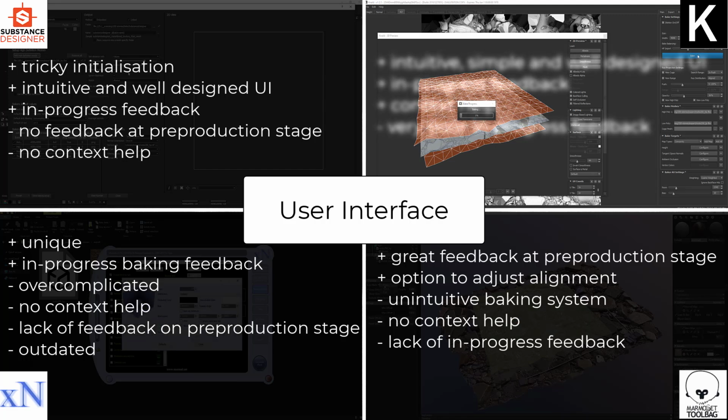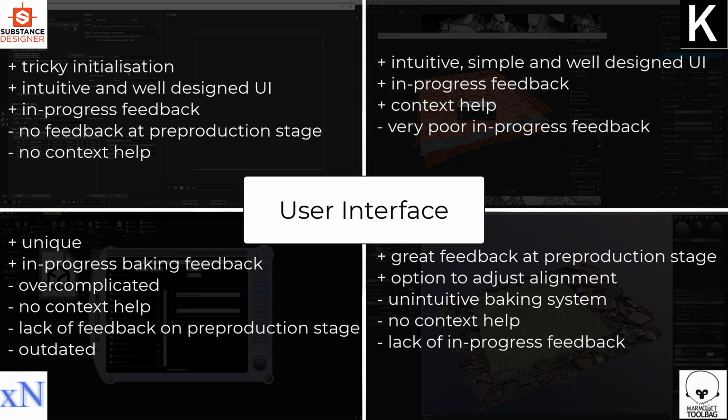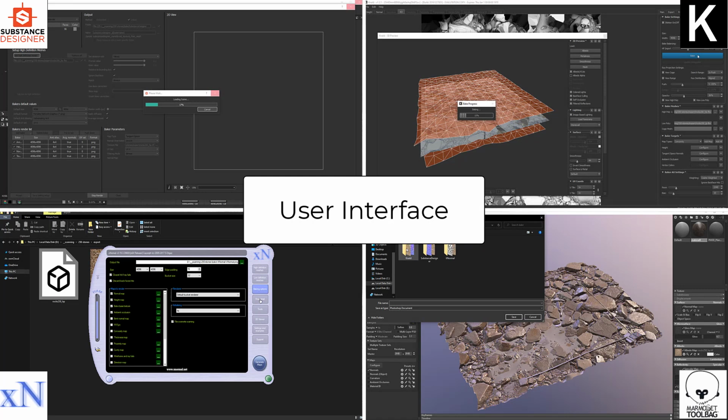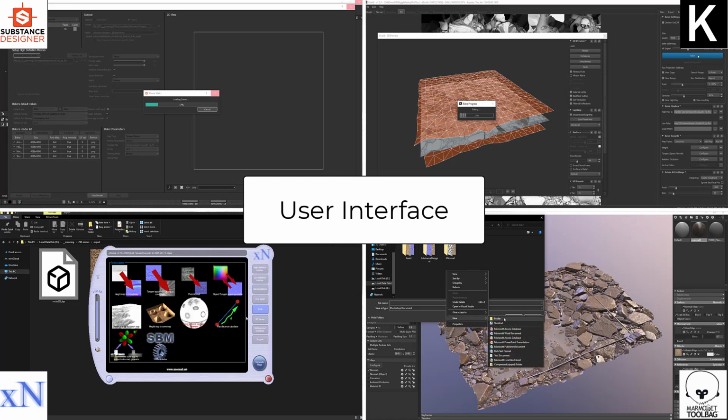With the Knald we get a very well and wisely designed interface. It offers very high quality and very useful feedback regarding the baking setting. The Knald's UI also offers real-time context help, which appears when we hover the mouse over options. This way everyone can easily check what each setting does and what value and why we should set. It has a very useful pre-bake 3D preview window, but unfortunately lacks the real in-progress baking window. We still get the feedback about the progress, but only in a text form. I would say that each of these has its own strong and weak points, and there is no definite loser or winner in this category.